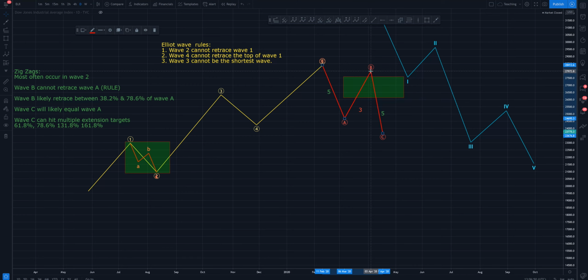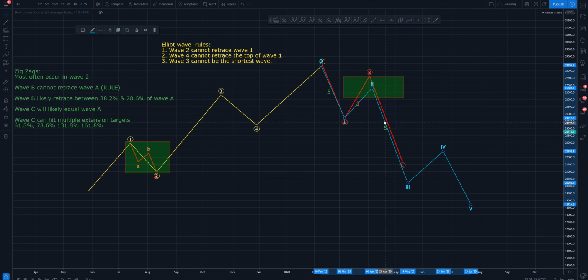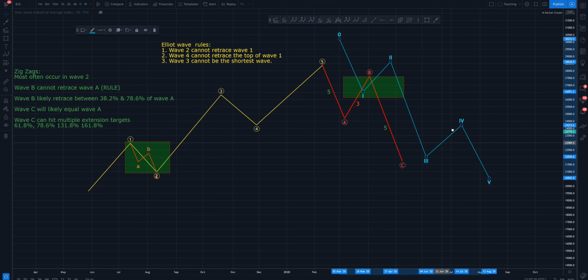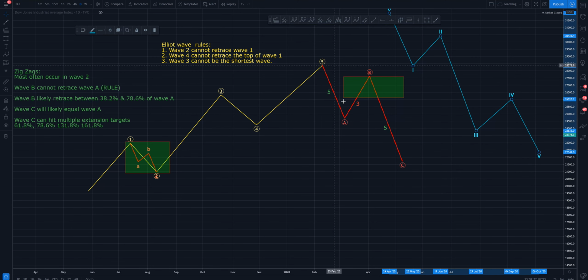You get a very deep B, maybe going beyond the 78.6, right? 61.8 to 78.6, this could look an awful lot like a 2. And then let's say you go beyond the 100% extension of the A for the C, and this starts to extend to the 1.318 or 1.618. Well, at this point, you're going to be becoming very much more convinced that you are actually seeing this pattern rather than an ABC. Now, the only way you can be sure that you're not in a 1, 2, 3, 4, 5